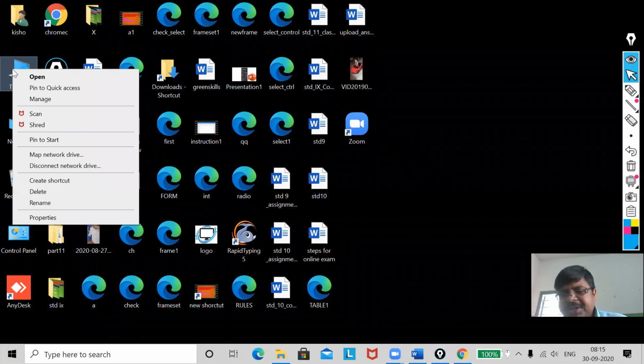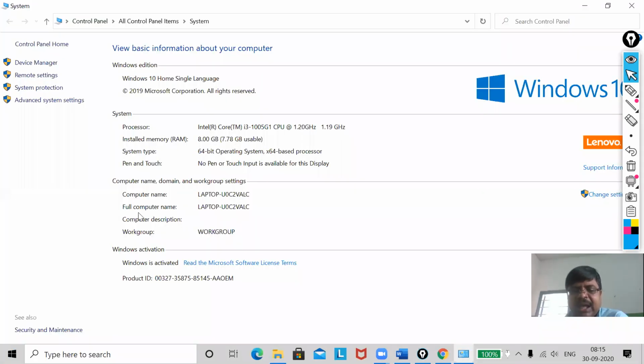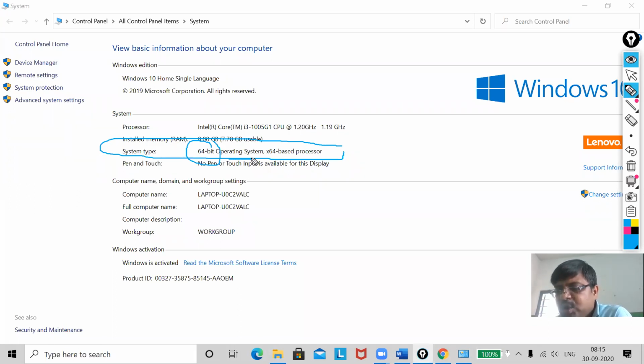Click the right mouse button, choose properties. Now you can see, my dear, this page has opened. Here you can see system type, which is showing 64-bit operating system. If in your PC it is showing 32, then you have to download the other version. Got it? But in my PC it is showing 64-bit.